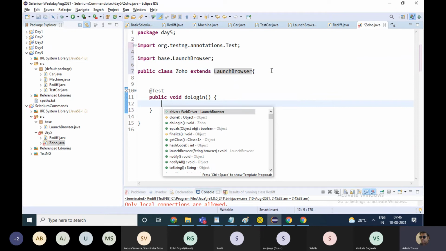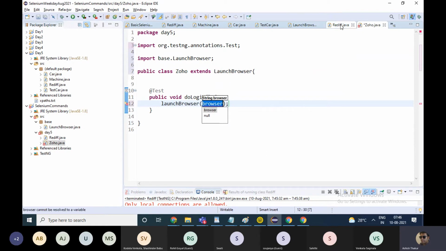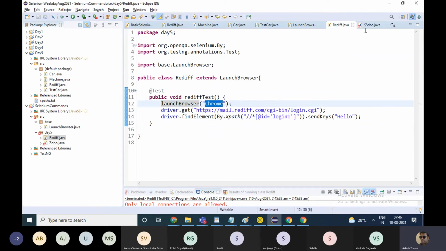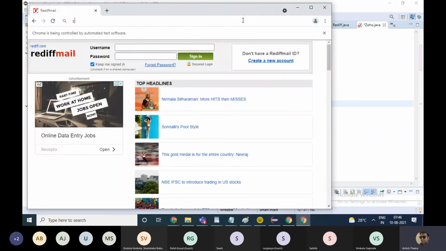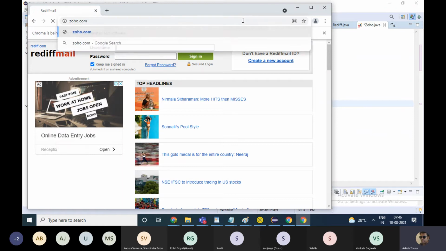And you can call the function. If you hit Control space bar, you'll see all the functions from the launch browser which can be accessed. One of them is launch browser. You launch the browser Chrome, and you go to the zoho.com login page.